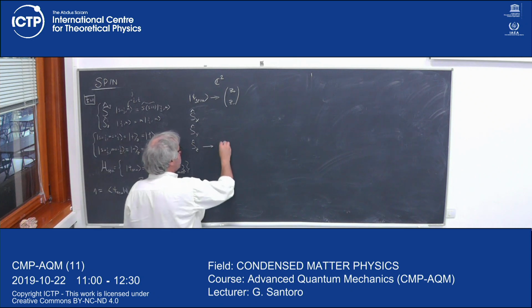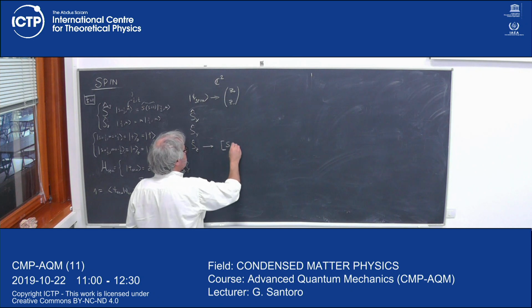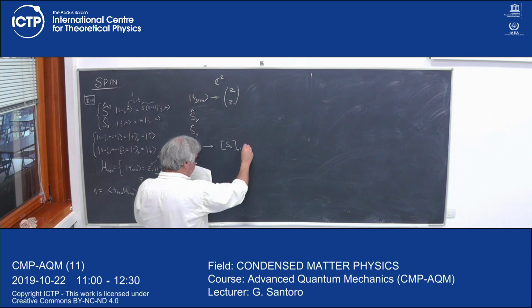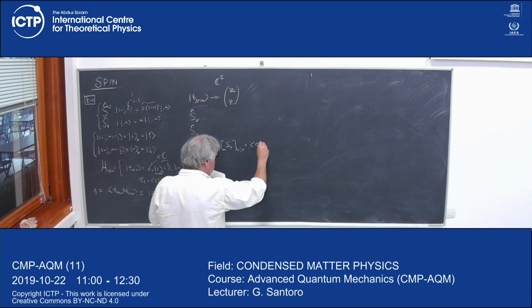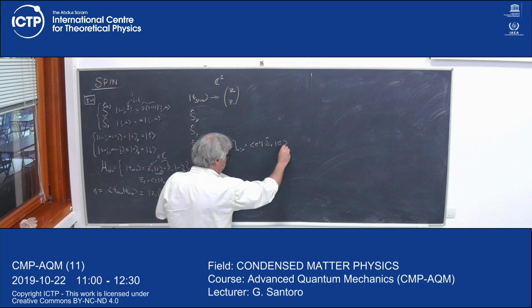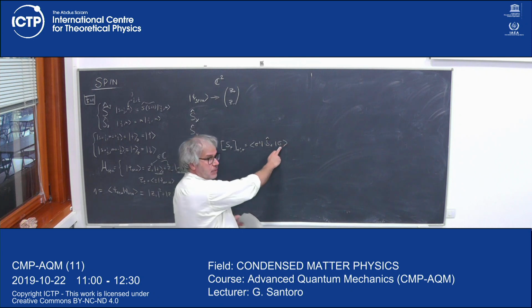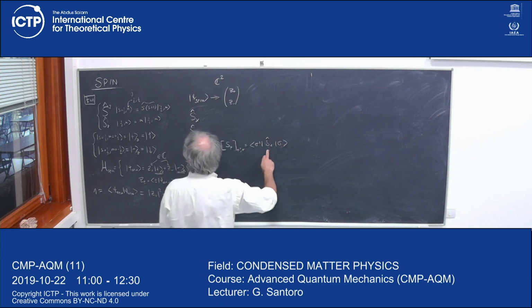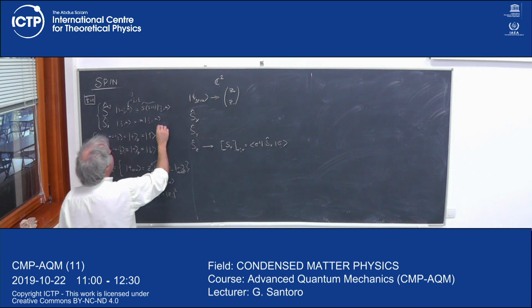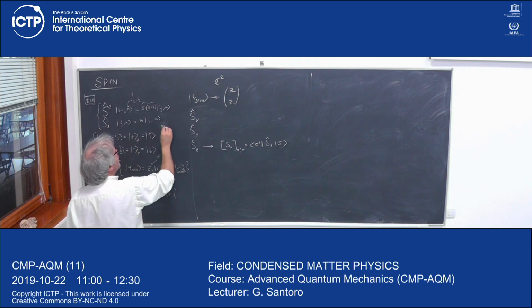Here the element of sigma z in between, say, sigma prime and sigma means simply taking this. Now, since this is an eigenstate of sigma z with eigenvalue m, which is 1/2,